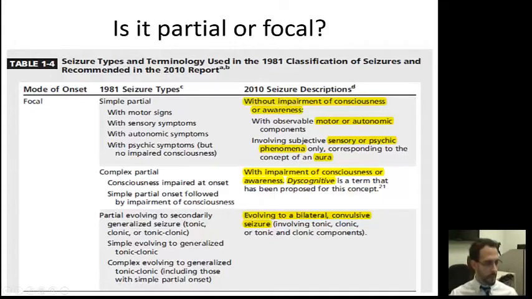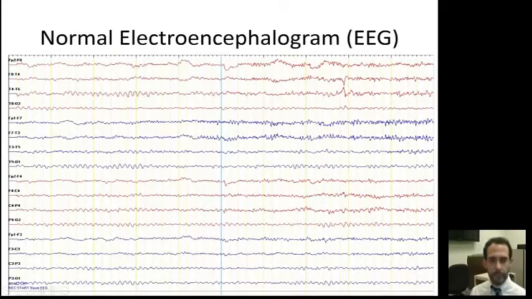For the next slide, this is what we typically call a normal EEG. A little bit of description: we call it a double banana montage, and it's divided. You can see the colors red and blue. Basically, what is shown here is the side of the brain where the wave is coming from.